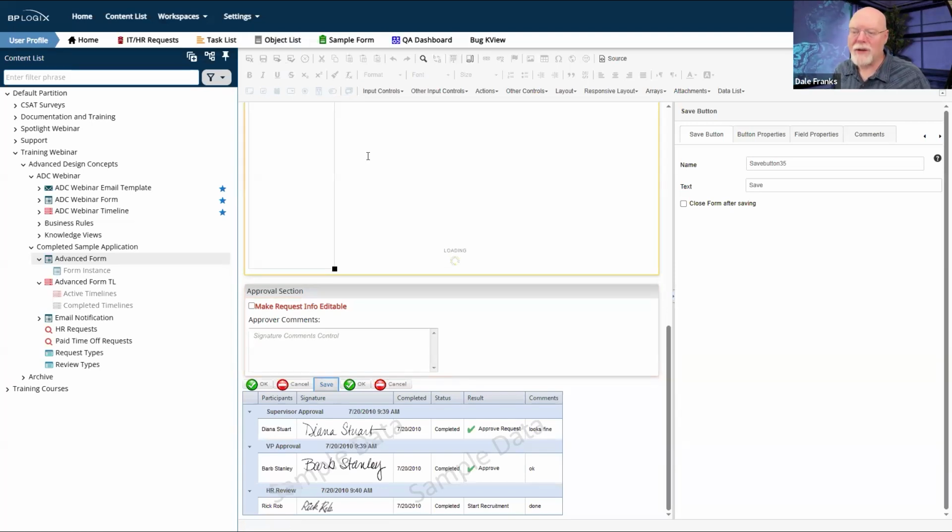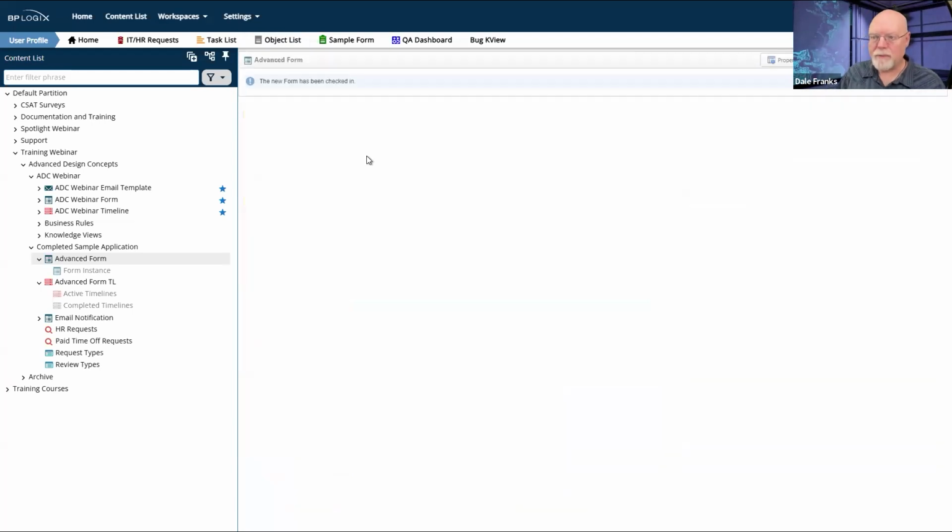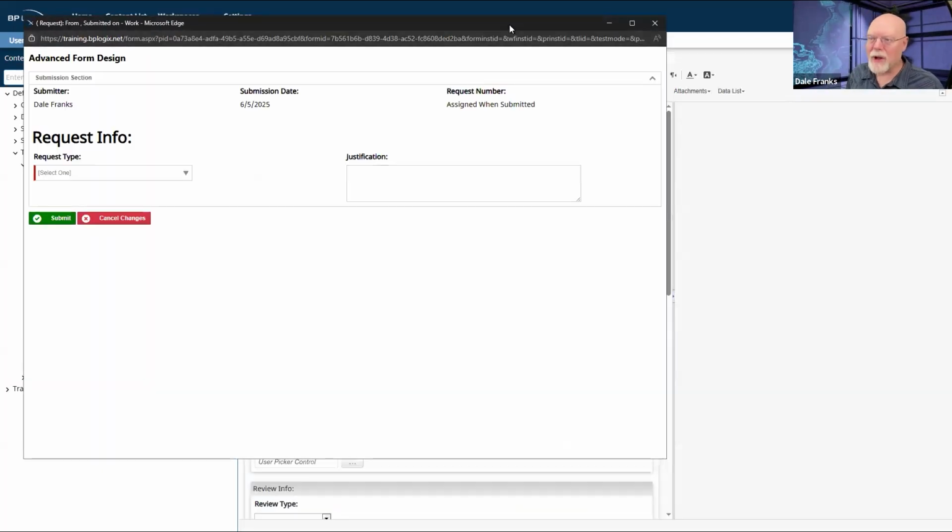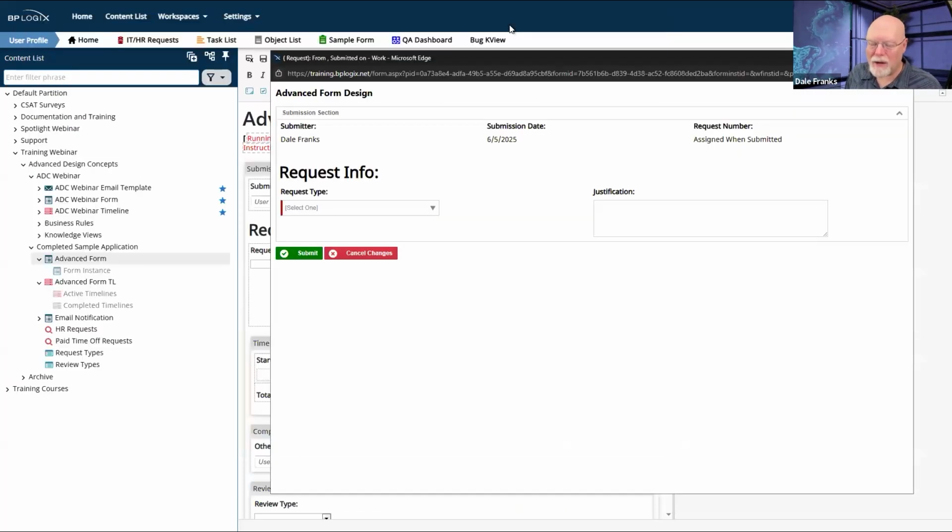it no longer has to open up like it does now in a brand new window. It's one of the other little irritations. Anytime I create a new form in Process Director, it wants to open it up in a little pop-up window.